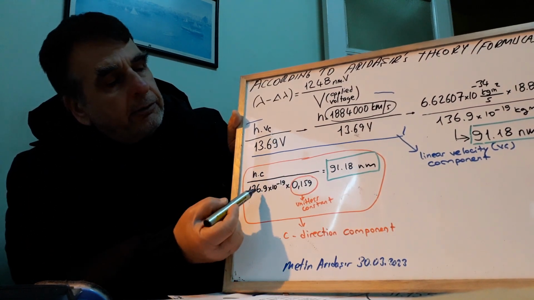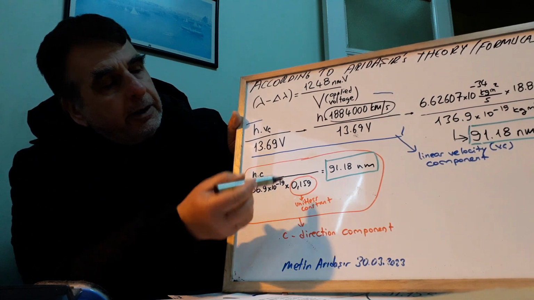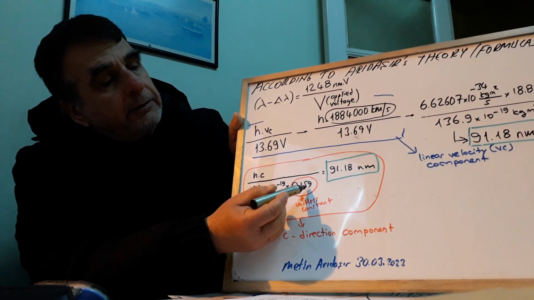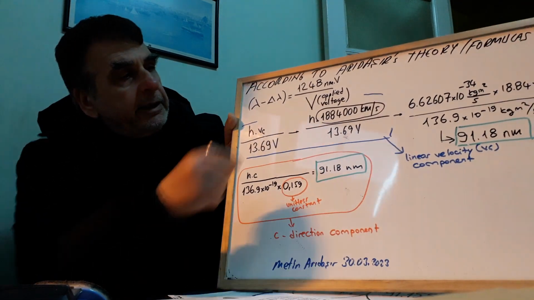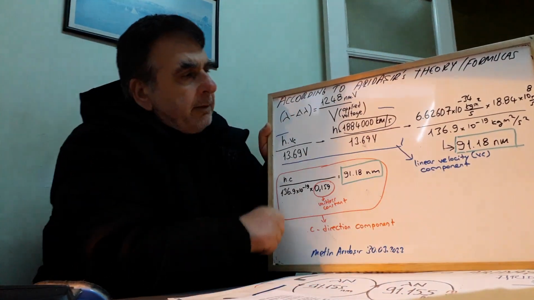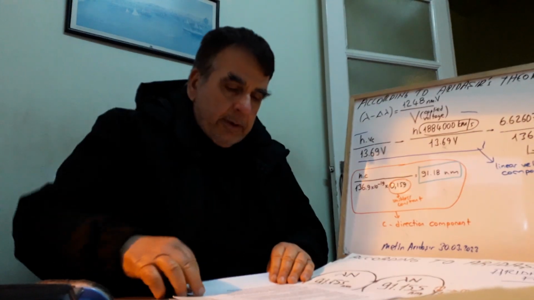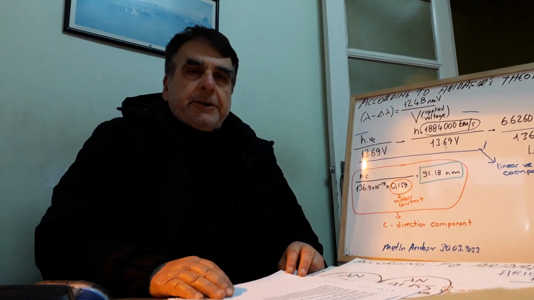Now C divided by 136.9 10 to the minus 18 multiplied by unitless constant 0.159 is equal to 91.18 nanometer. Okay, same. C direction component, linear velocity component. Okay. Now, one of them, yes, remember, shortened wavelength, yes, and the other. Yes, finally, eventually,